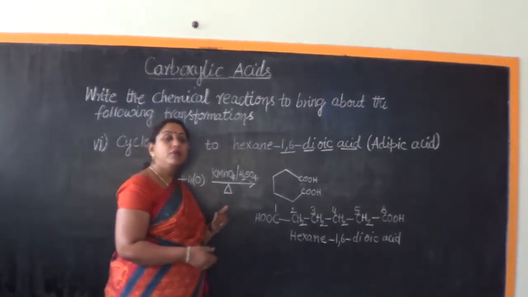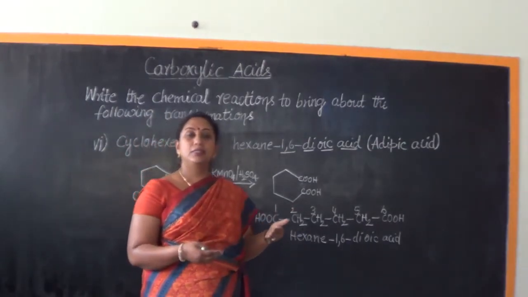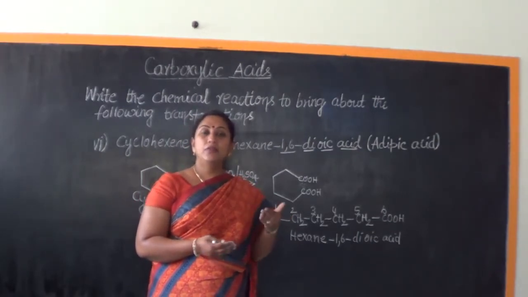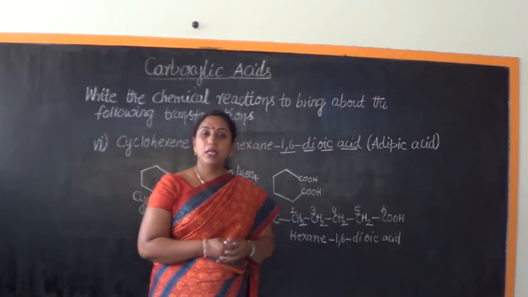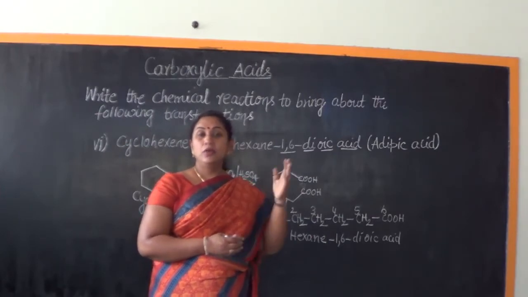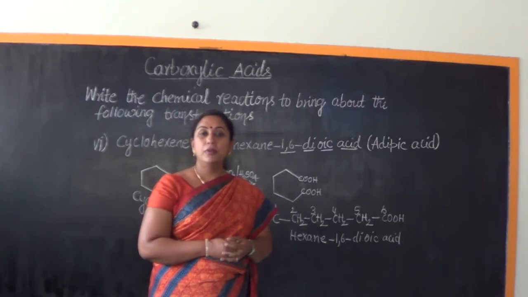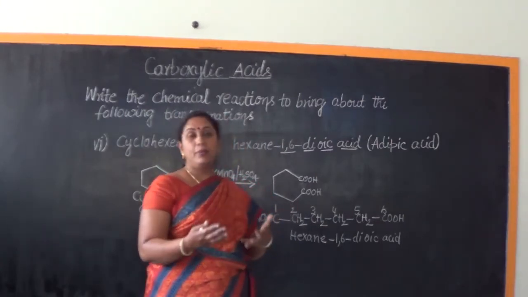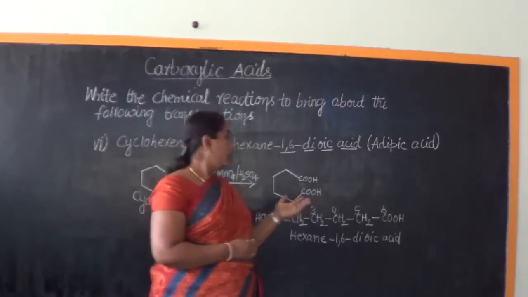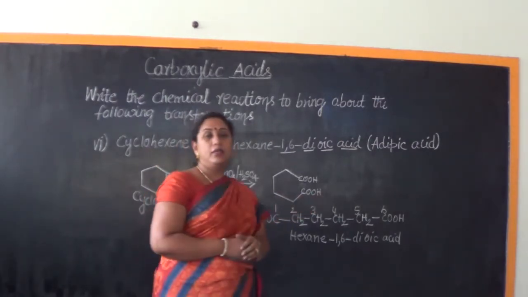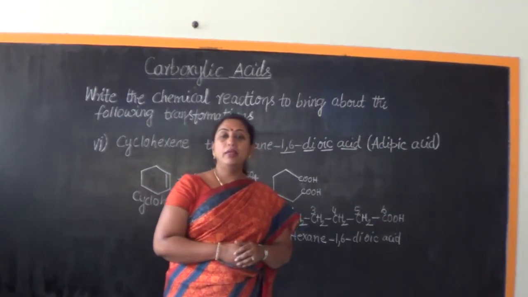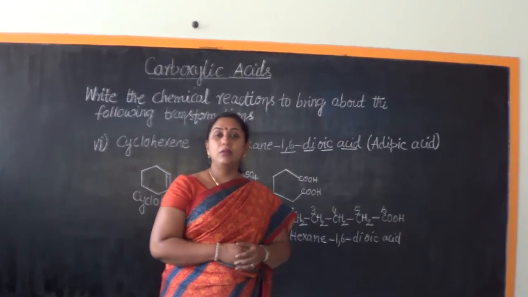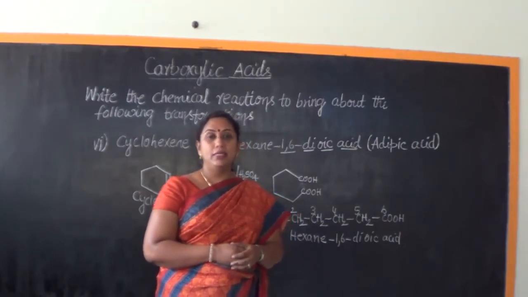So these were some of the important conversions based on the general methods of obtaining carboxylic acid from the chapter on carboxylic acids. If you have learnt the general methods of obtaining carboxylic acid in a deeper sense, all these 6 conversions that we did now will be very simple and easy for you. Practice many times so that the concept becomes very easy for you.